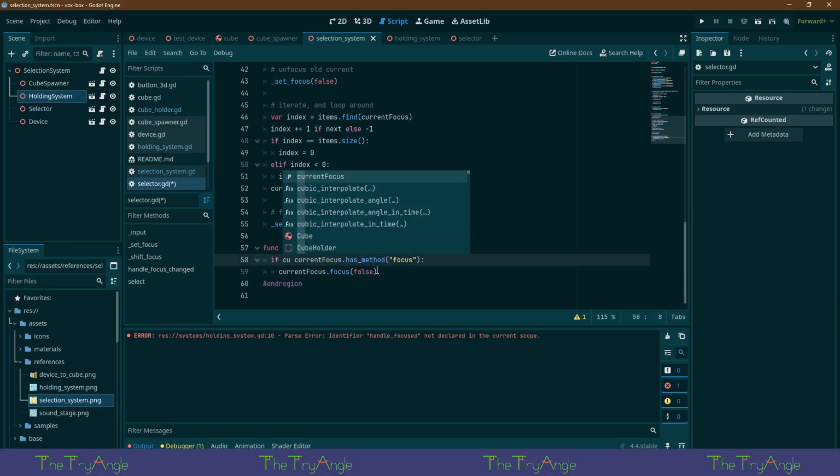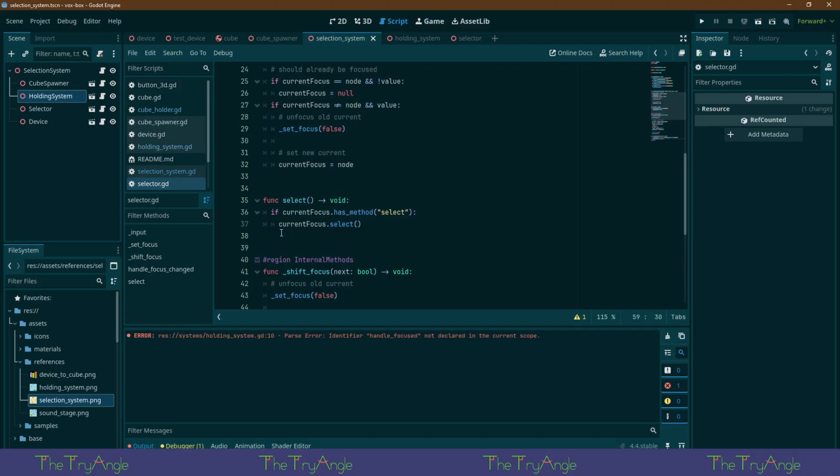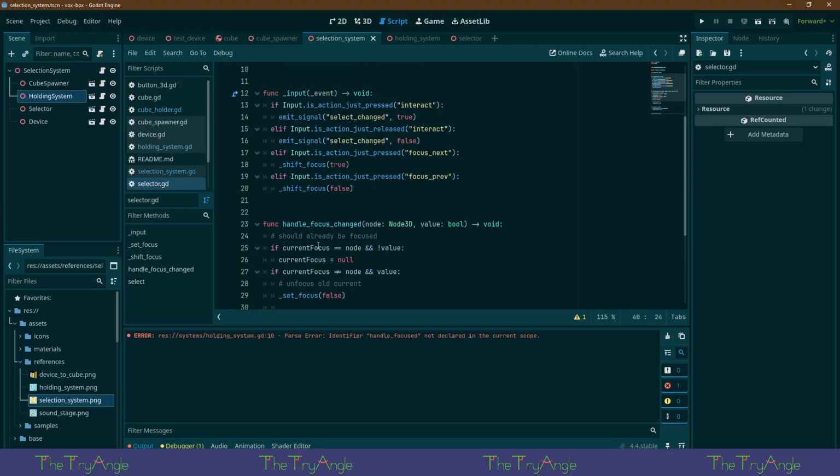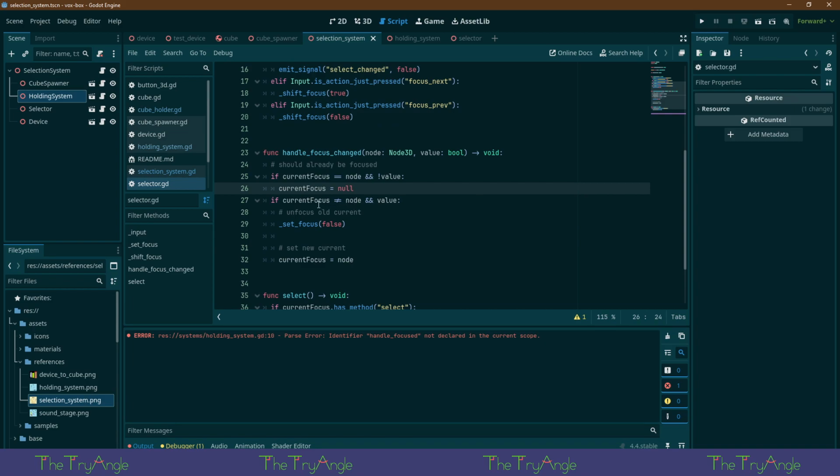We'll say if current focus is not null and it has that focus function. So if this value, it'll be null on the initial thing. We'll set it to null. Because if our focus is false and our current focus is not equal to the node,